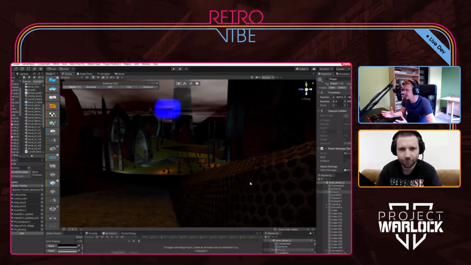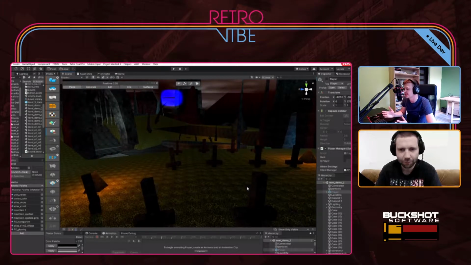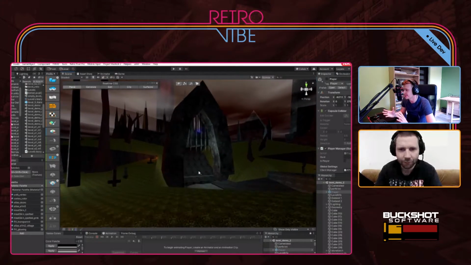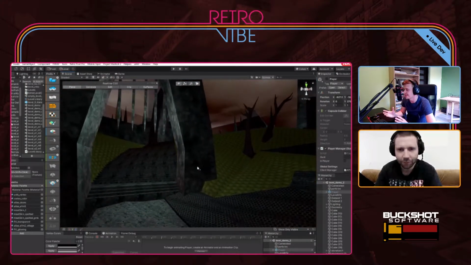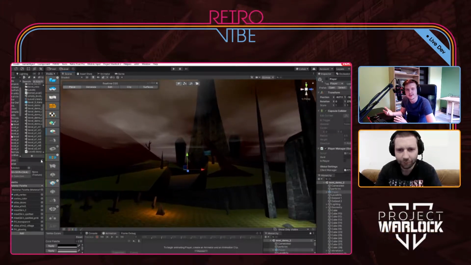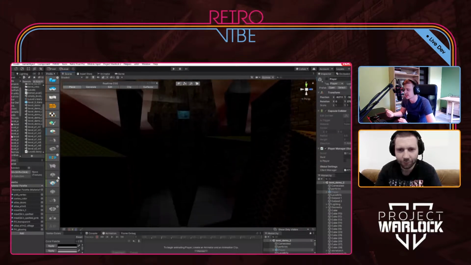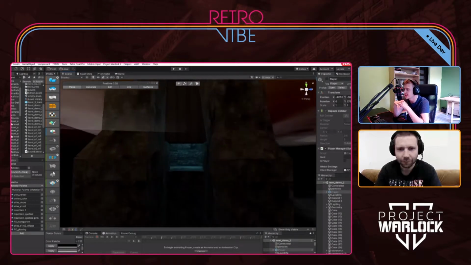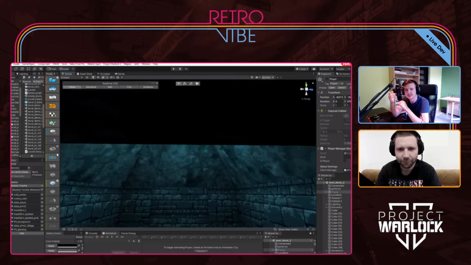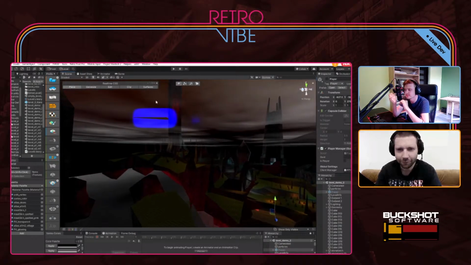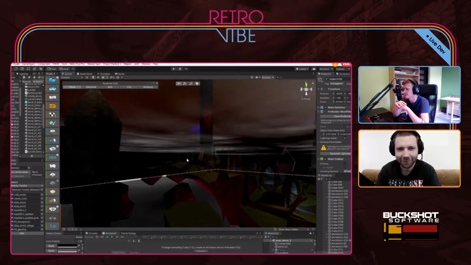So we have, I really like this level, to be honest. It's a very cool looking level, but it's not the same thing because most of the objects don't have these outlines, and they have a lot of high resolution textures. So it's not Project Warlock anymore, and I'm glad we did not actually go with this, because it would not look like Project Warlock.